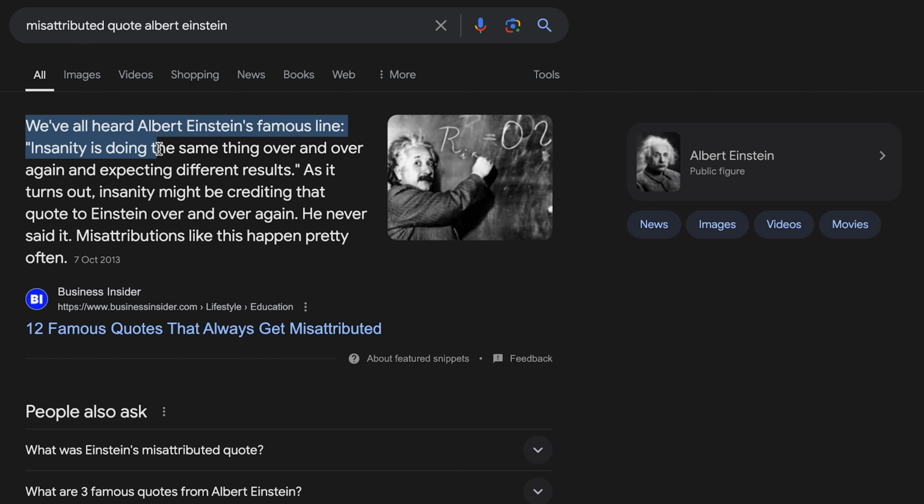But the other issue is, and you can see that I did with the Albert Einstein quote, that there's no fact checking. So you can basically put out false information, and I just did a very subtle one with a quote misattributed to Albert Einstein. But you can pretty much say anything you want here, and then if you get it in the right narrator's voice and with the right visual, you can almost convince people that it's true, and that becomes really scary. And there's no filters anywhere on Invideo or in any of the other platforms to stop this type of misinformation. So what we're going to have is we're going to be spammed with misinformation and convinced that it's true.